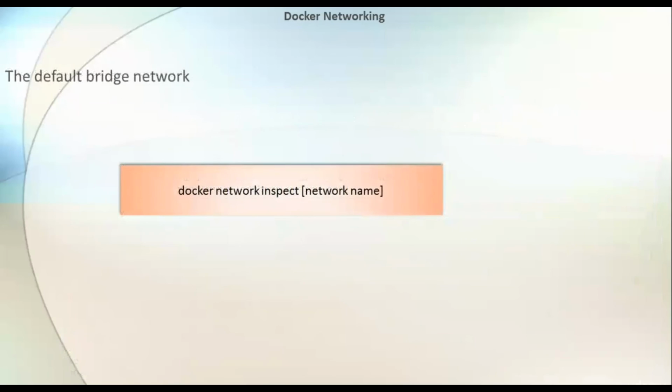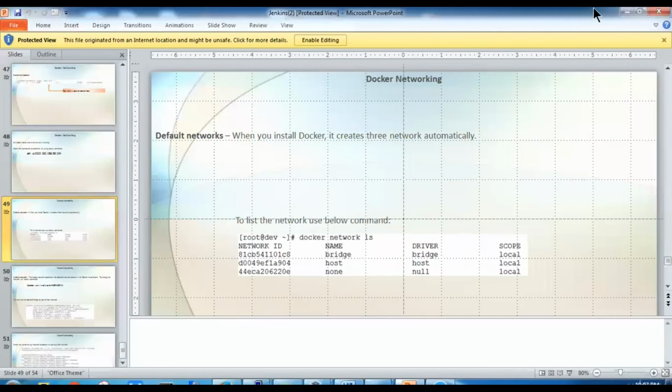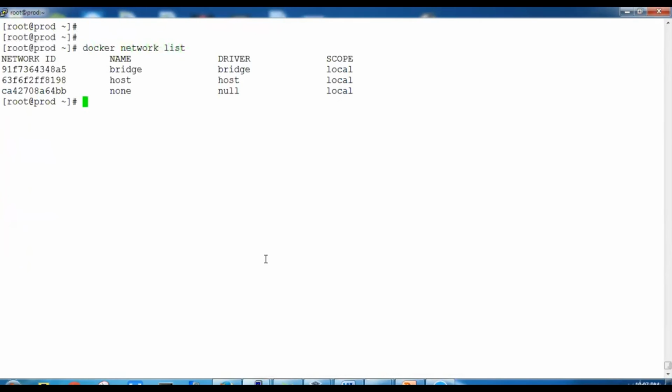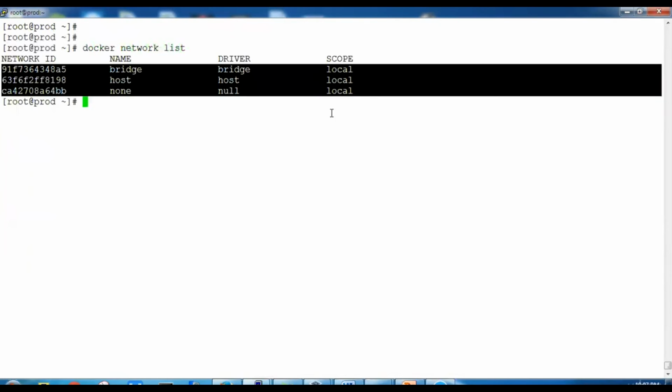All right. So let's see more about bridge. To list all the networks, we'll give the command docker network ls. So here we can see that 3 networks are available for us.